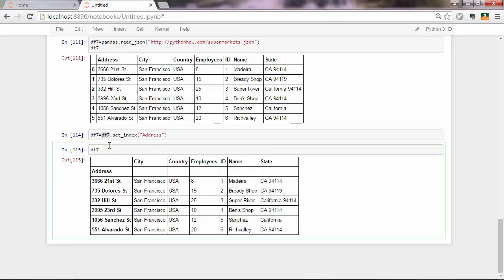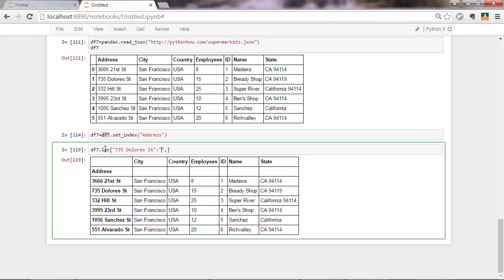Delete that, and let's get back to our original purpose now, which was to slice this portion of the data frame. We'll first do it using label indexing. With label indexing, you want to use the loc method, and then you pass square brackets in there, which take two elements. The first element could be a range of the index column. So we're talking about labels, about strings, so you'll have to pass 735 Dolores ST, and then a range,